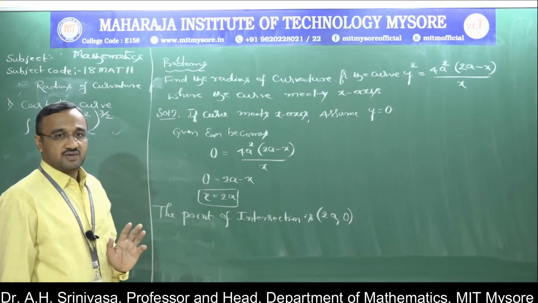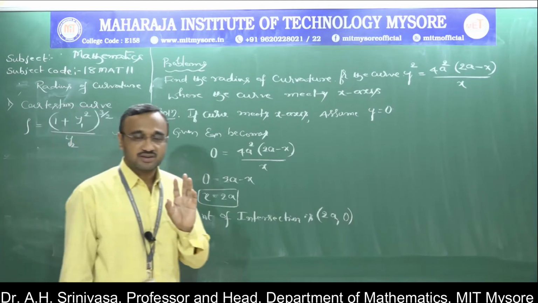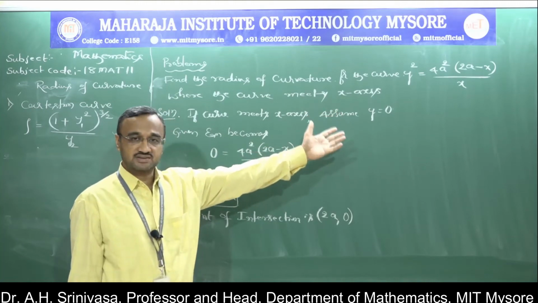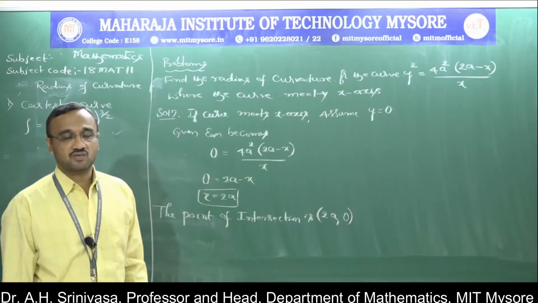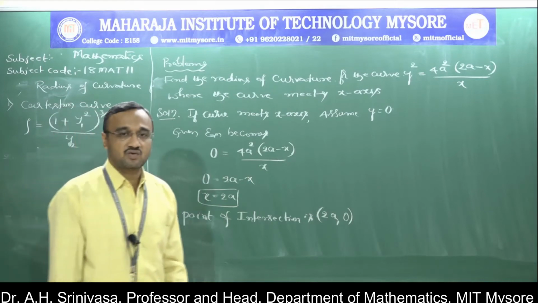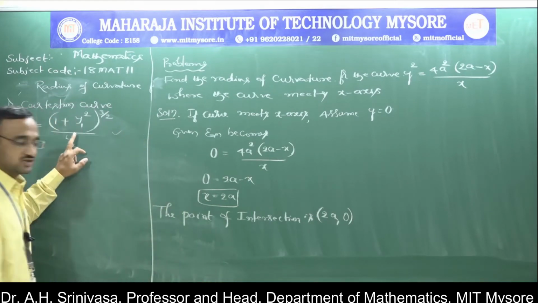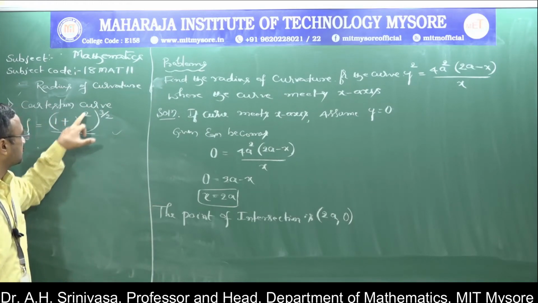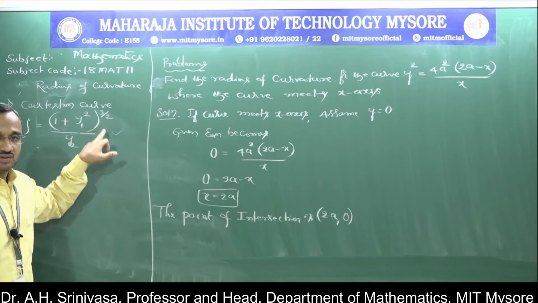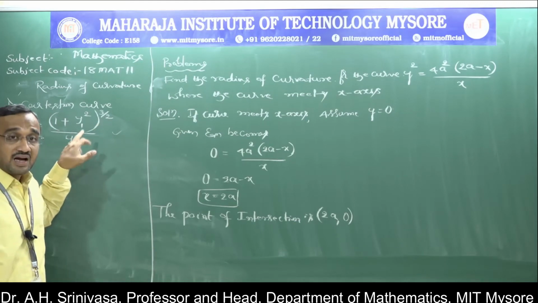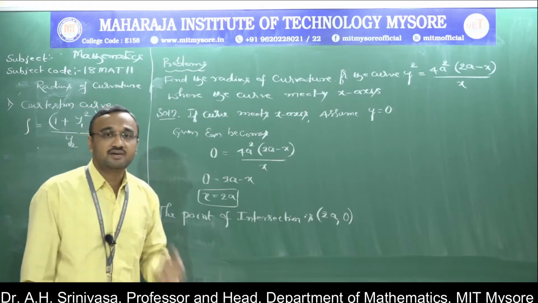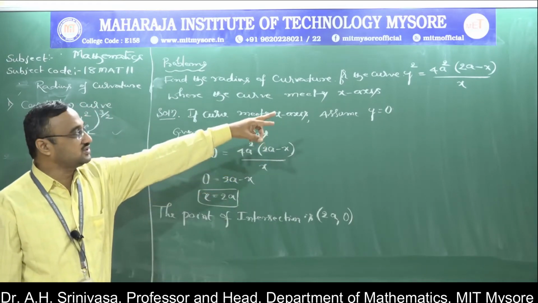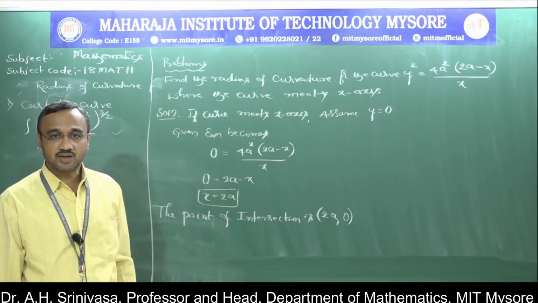So if you find out the radius of curvature, just you have to remember the result. So it is a Cartesian curve because they are having only a coordinates x and y, then you decide that it is a Cartesian coordinates. For Cartesian coordinates, we have to use this formula for finding the radius of curvature, that is rho equal to (1 plus y1 square) to the power 3/2, divided by y2. So if using this formula, I wanted first order and second order derivatives. If you want first and second order derivative, using the curve and differentiate that one. Okay.